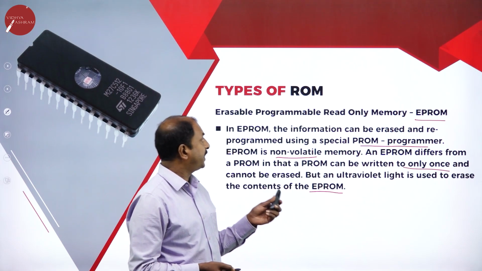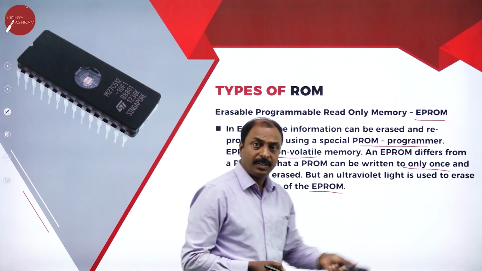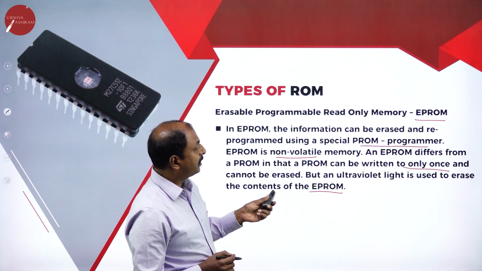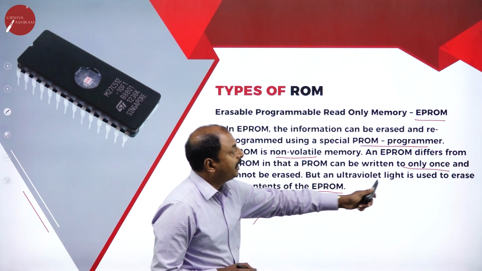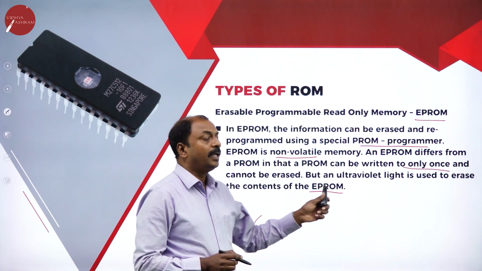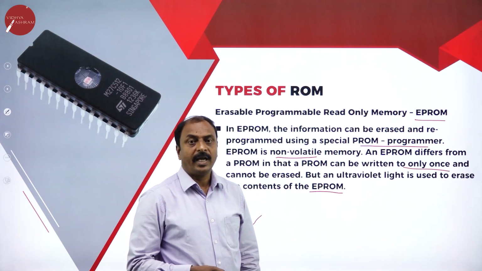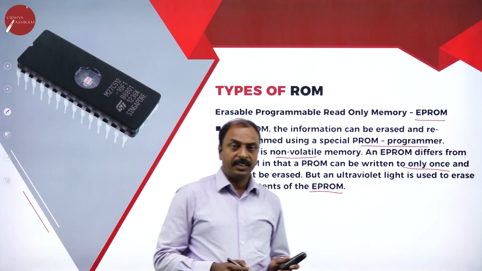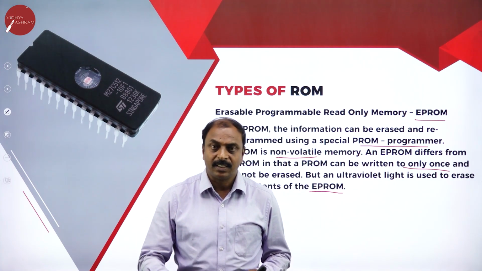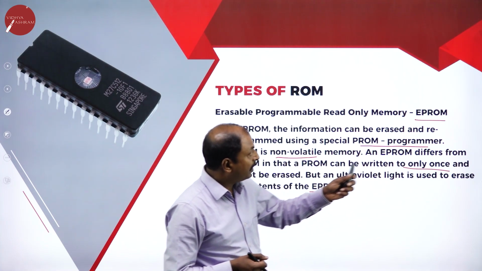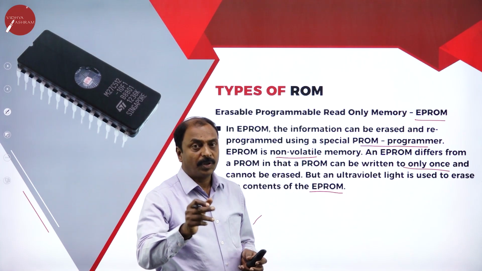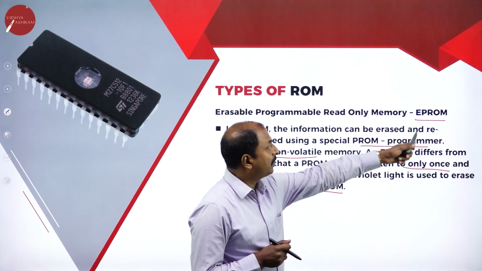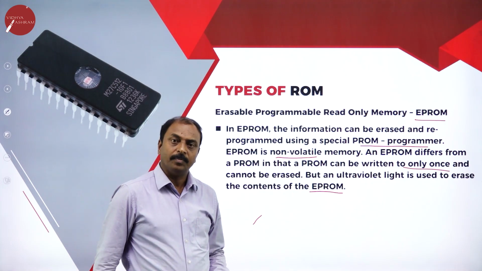But in EPROM, in this type, the data can be erased and can be reprogrammed once again, with the help of ultraviolet light. With this technology, we can erase the data written in the EPROM and it can be reprogrammed. So this is EPROM, another type of ROM. Next one is